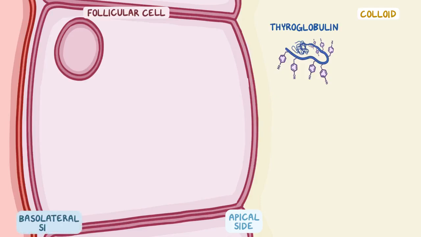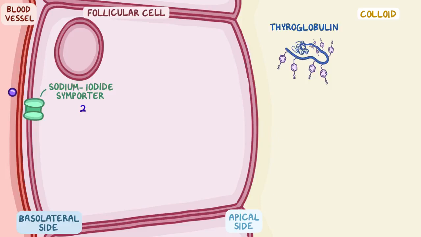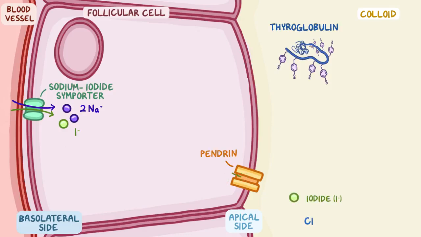On the basolateral side, however, follicular cells are in contact with blood vessels. The basolateral membrane contains a sodium iodide symporter, which pumps two sodium ions into the cell down their electrochemical gradient in order to bring one iodide ion into the cell from blood. Iodide is then pumped into the colloid through an ion transporter called pendrin, which exchanges iodide for chloride since they're